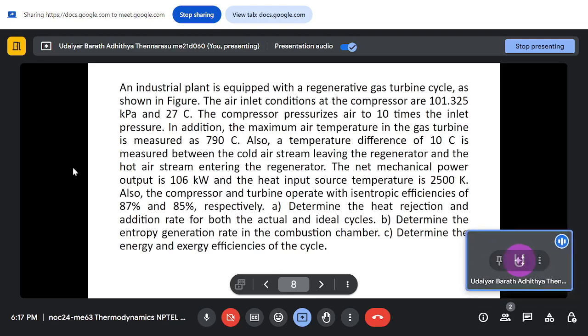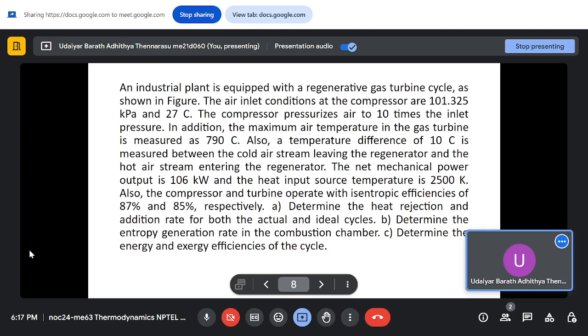And then moving on to the next problem, we have an industrial plant which is equipped with a regenerative gas turbine cycle as shown in figure. The air inlet conditions to the compressor are 101.325 kilopascal and 27 degrees Celsius. The compressor pressurizes air to 10 times the inlet pressure. So your pressure ratio is 10, that's what is given, and your inlet condition to the compressor, pressure and temperature, is given. Then in addition, the maximum air temperature in the gas turbine is measured as 790 degrees